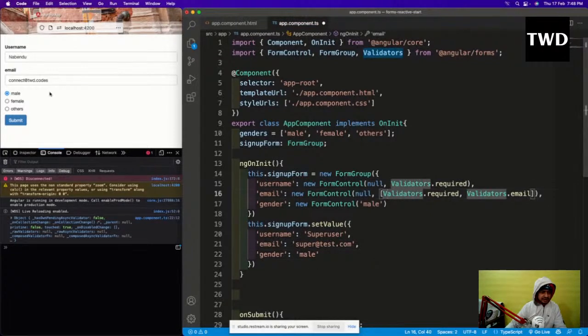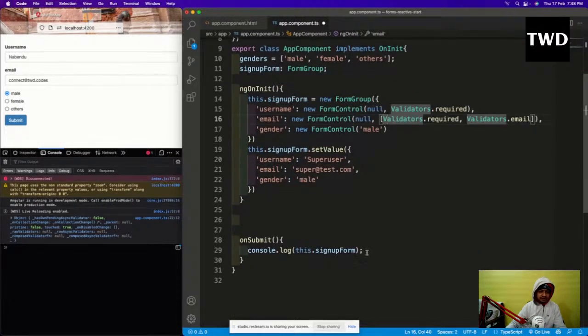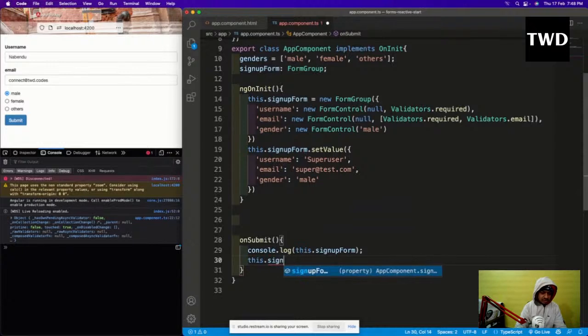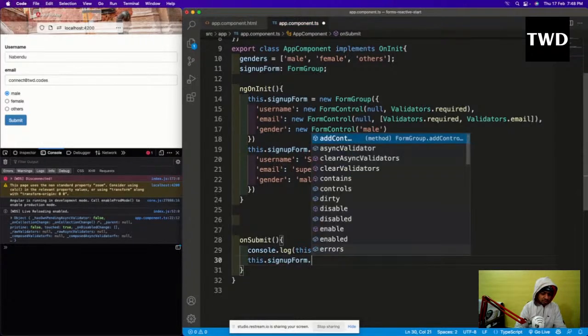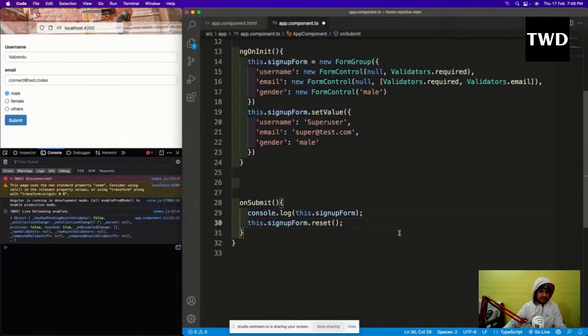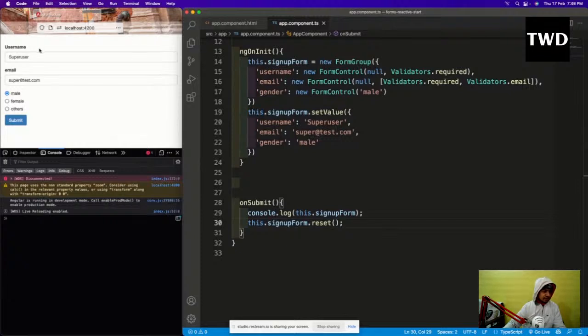And we'll reset the form also, because when you submit, all this data should go away. So we will reset this also, and this will be this.signUpForm.reset, like this. Reset will be there, and save it.